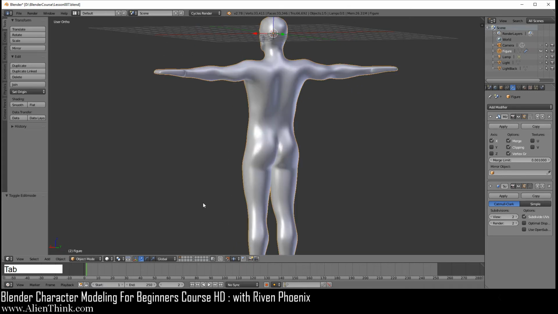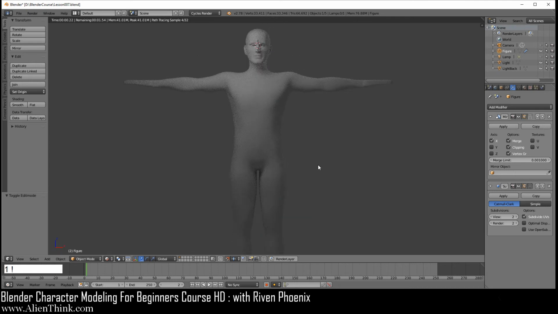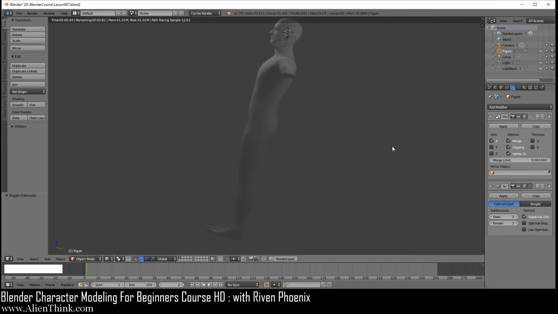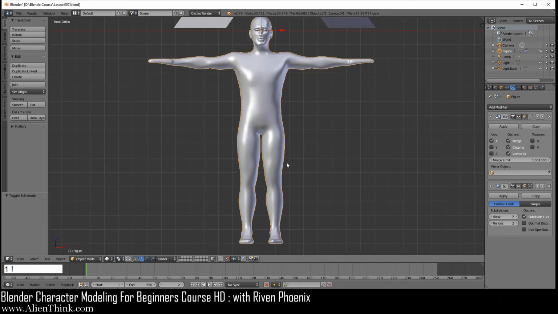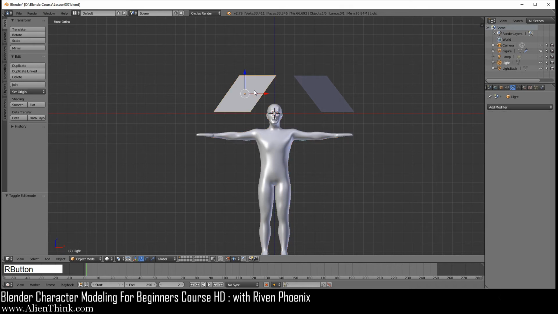Anyways, let's do tab and let's go ahead and go into the rendered mode over here and click on the lights to bring it up a little bit. Now if you go 1, you can see that what we're doing is getting a more and more realistic figure over here. So I'm just going to look at it from the back. So let's go ahead and go into solid mode over here, go to 1. And what I want to do is click on this guy, right click this so you can see I'm selected.